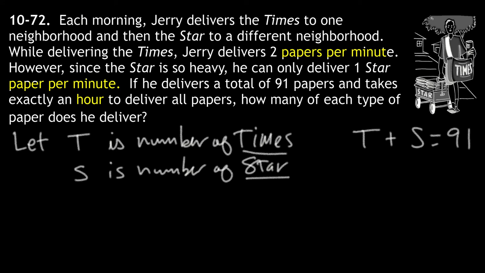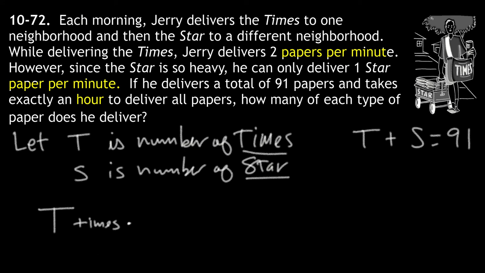The other equation involves time. You can see I've highlighted that they're giving me the rate of delivery in papers per minute, and the time was given in hours. It says an hour, so I'm going to express that hour as 60 minutes to keep our units consistent. So let's think about this for a second. If I deliver T, what are the units of that? They're papers, New York Times papers. T of the Times papers times